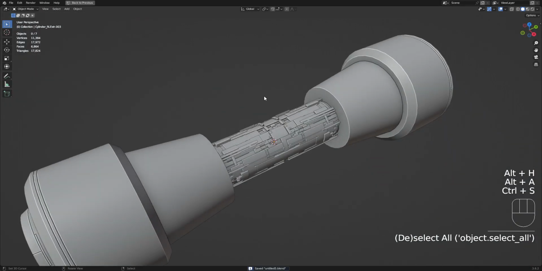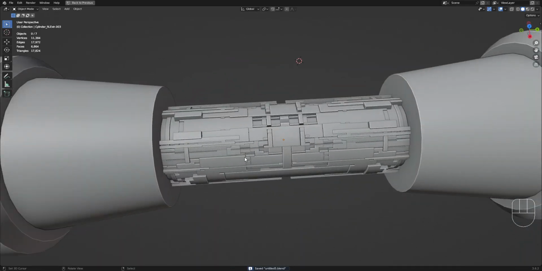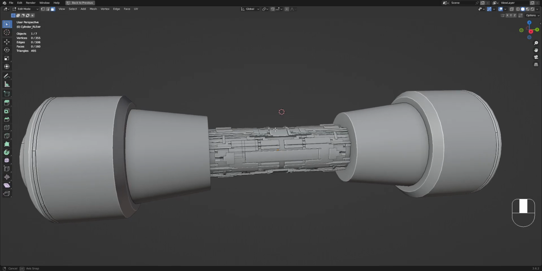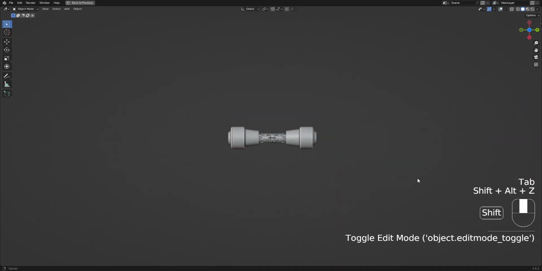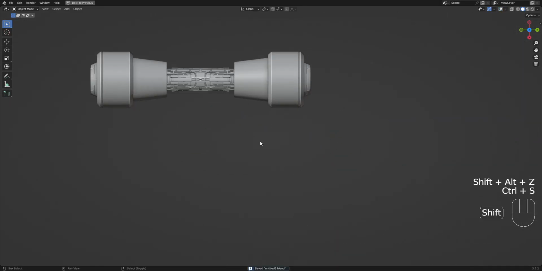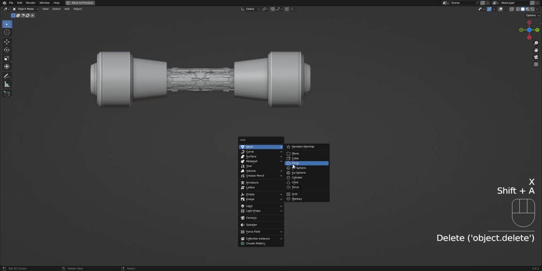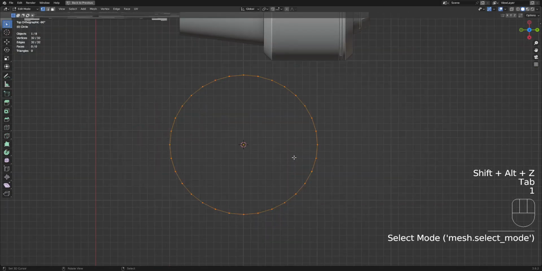So that's how you repair the topology when you use the limited dissolve. So the quad slice works well with angular models, but its weakness is when the surface itself